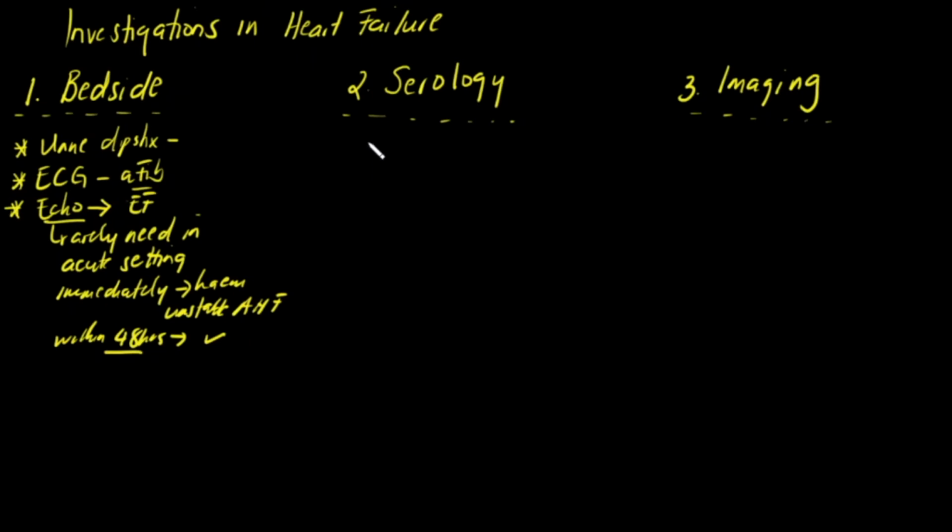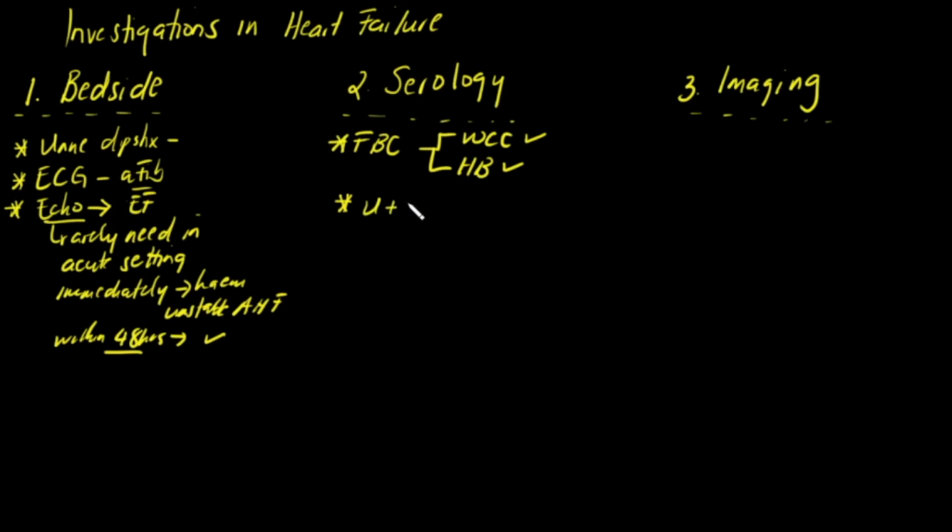All right, moving on to serology. Remember, everything you do, you must always know the reason why. FBC will look at two things mainly: white cell count and your hemoglobin. Remember, anemia is a common precipitant of heart failure, so you want to rule that out. White cell count is useful because if it's raised, you are thinking it's probably an underlying infection that you have to look for that is triggering the acute heart failure.